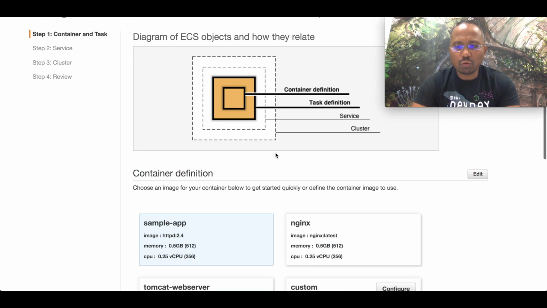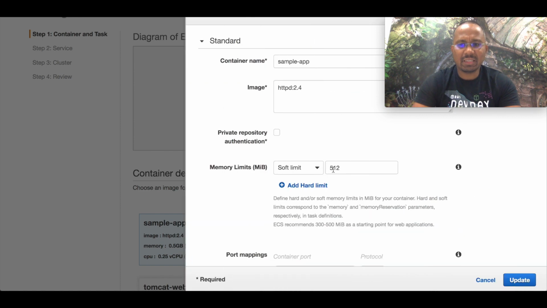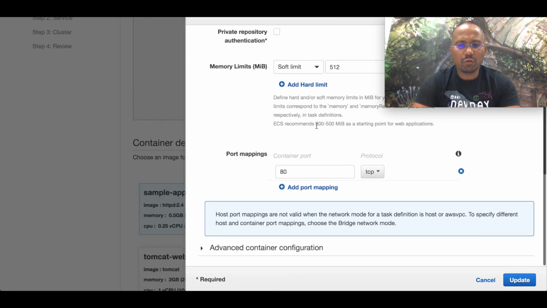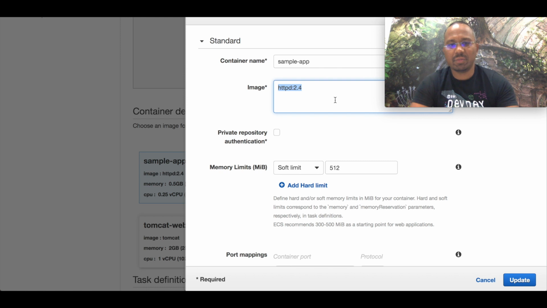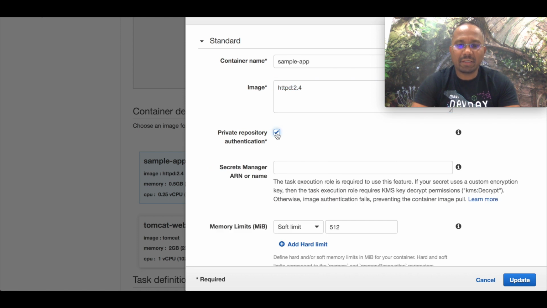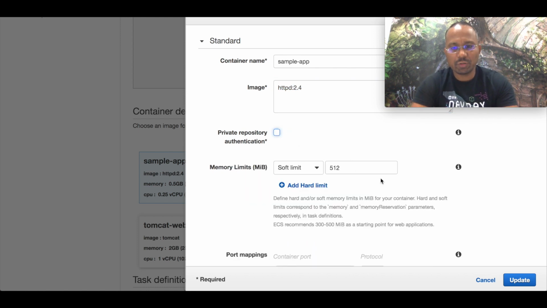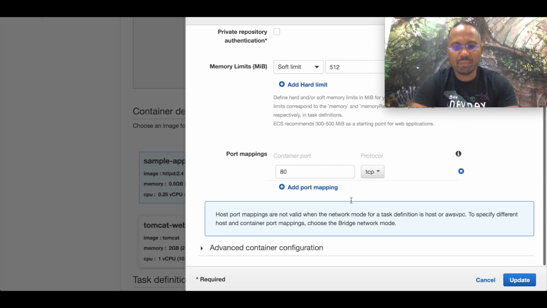Okay, if you want to configure this on your own, then you can click here and walk through and make some changes. Like if you want to change this name, you can change this name. Image, of course we're not going to use this, change this image, because this is what we are going to use. Okay, and here if you want this image from your private repository, then you can also configure that. Let's not get into it. If you want to change your memory limit, we can change it from here.